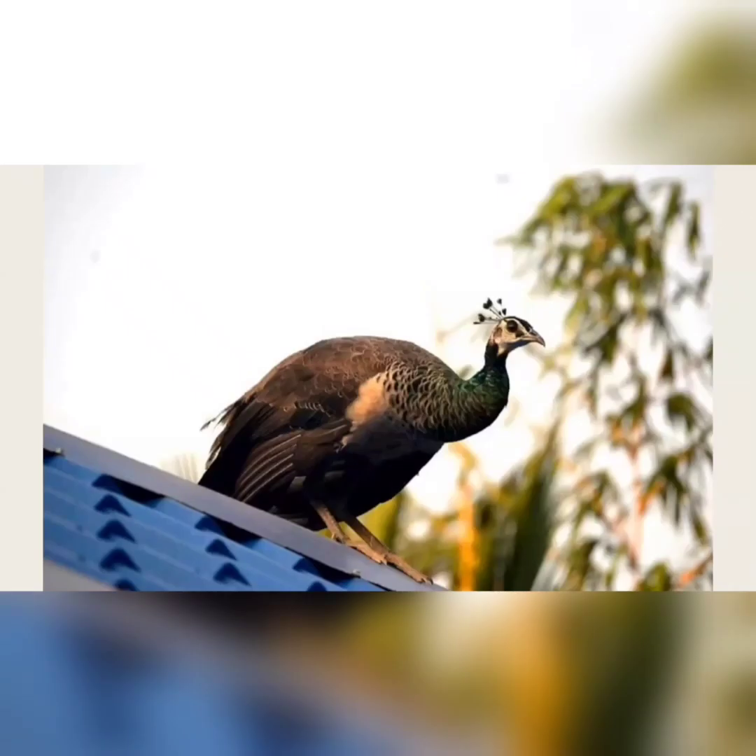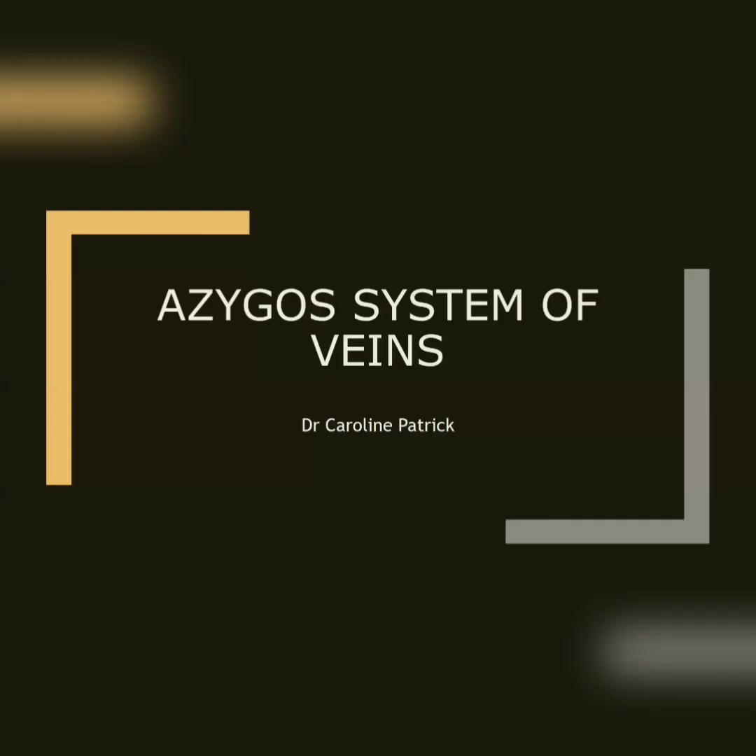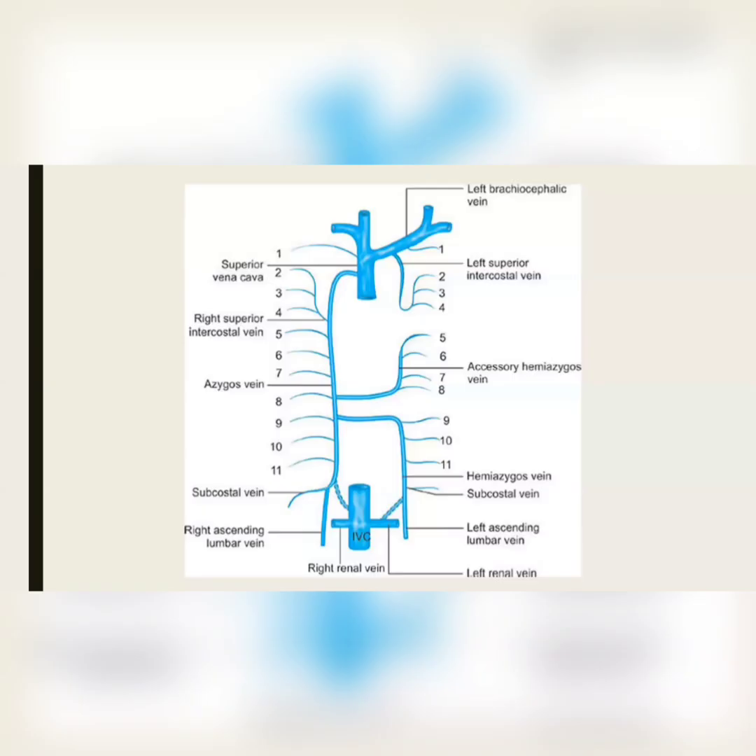Today we'll be dealing with the venous drainage of the thoracic wall. More specifically, we'll be dealing with the Azygos system of veins in detail. First of all,